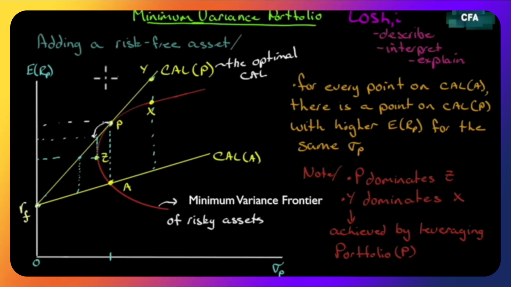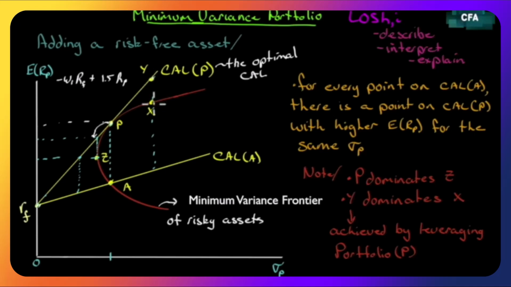So you can think of this return up here as made up of, again, the two weightings on the asset, but the first weighting is going to be negative because we're borrowing at the risk-free rate, and the second weighting will be greater than 1. So if this were negative 0.5, we would have 1.5 in the risky asset at this point. So our weightings can go negative, and that is a borrowing portfolio. Still, we can get to here.